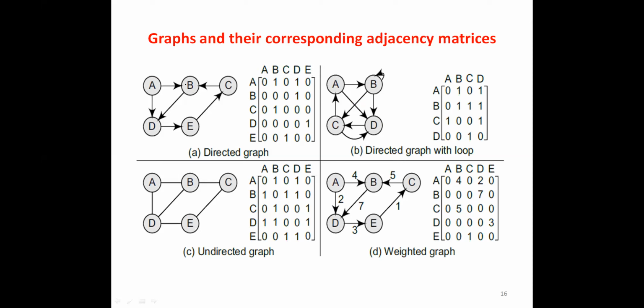So A to B is connected. What I'm doing for A to B is, first I will check whether A is connected to A, whether it has a self loop. No, it's not having a self loop. So it is marked as 0. A to B is connected? Yes, A is this one, it is connected to B. Yes, it is connected. 1.